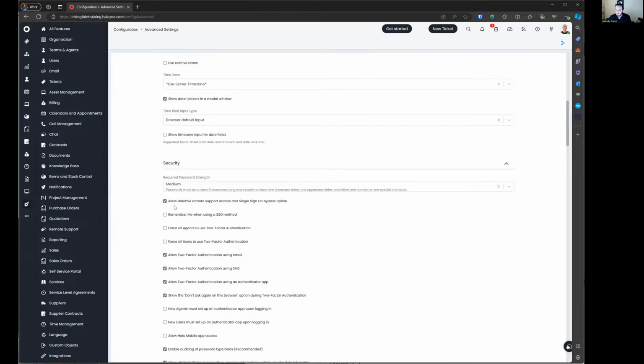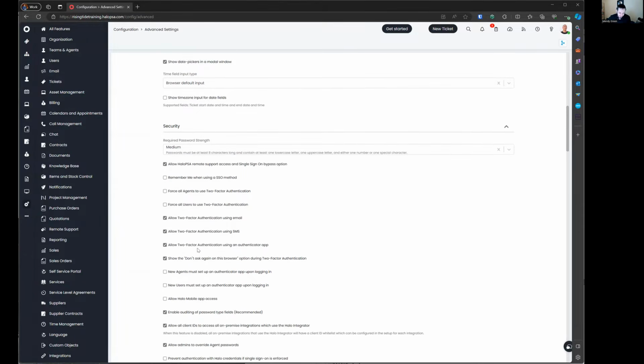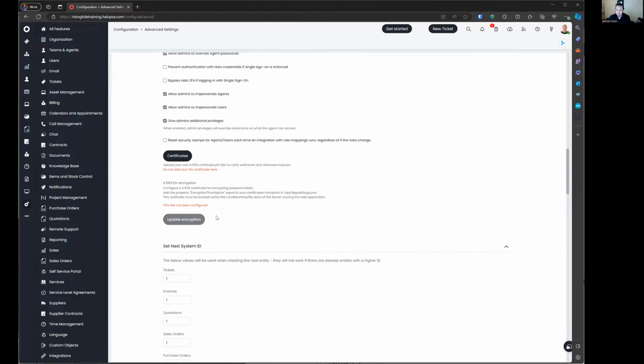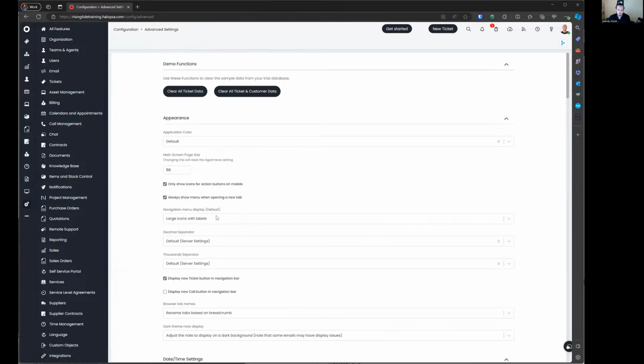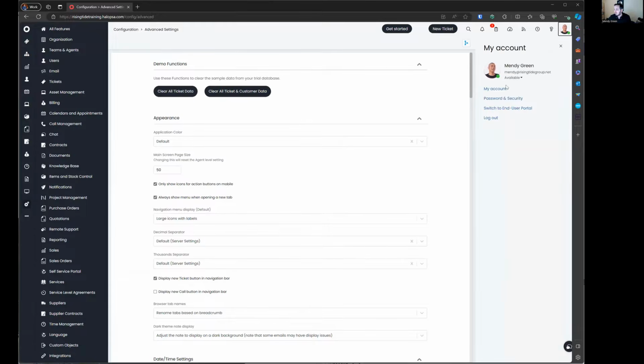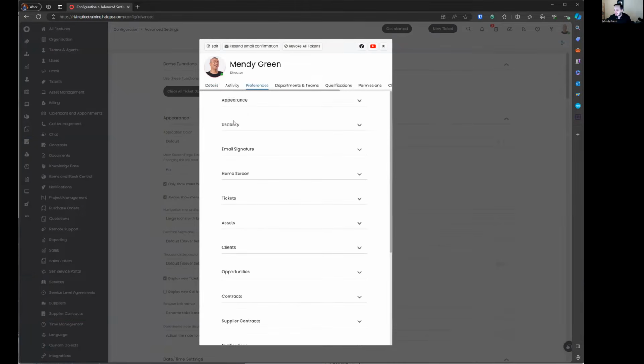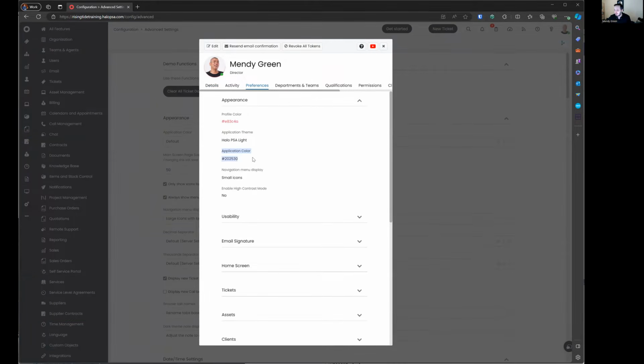I just changed something and it was immediate. With that being said, while we're here, let's go through other advanced settings and talk about what they do and whether or not we want them on or off. Notice that our application color is a nice non-eye blinding color. And again, we saw that under My Account Preferences, Appearance,